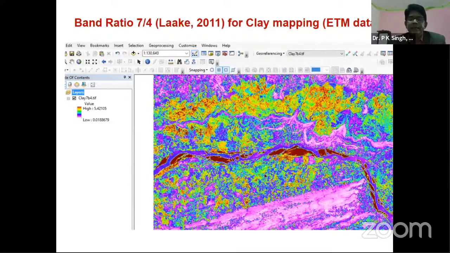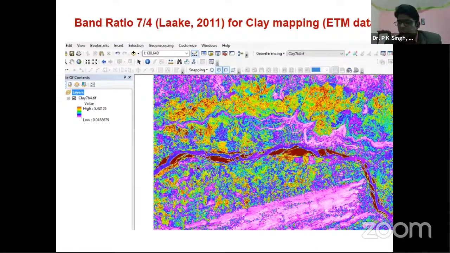Once your data is ready, you will do different types of analysis to extract information, for example, band ratio techniques. Using band ratio techniques, you will be able to extract a lot of information. For example, I have done it.